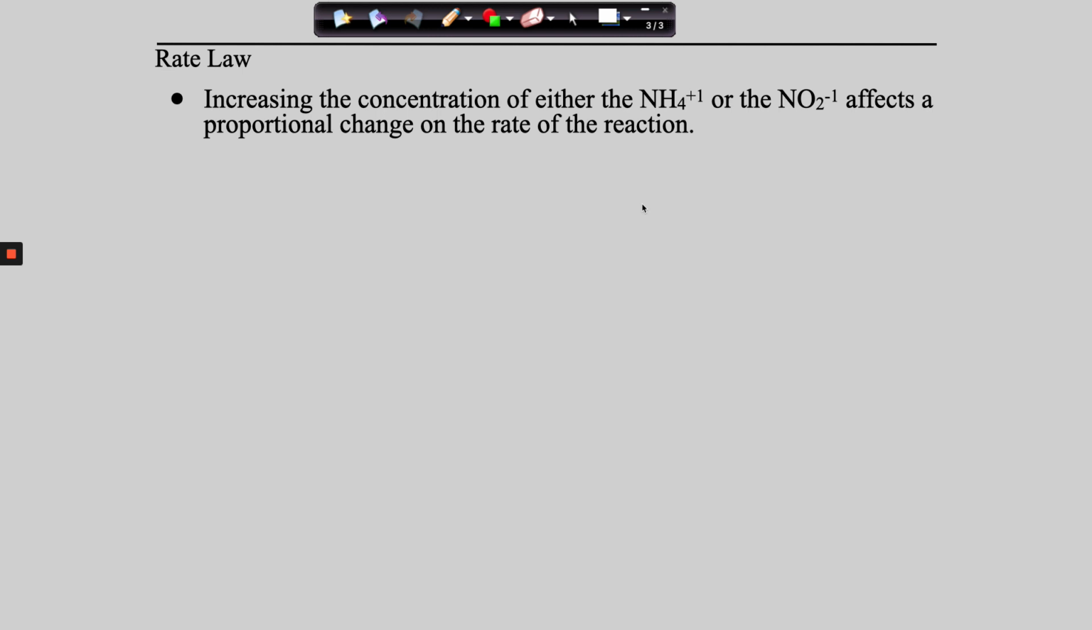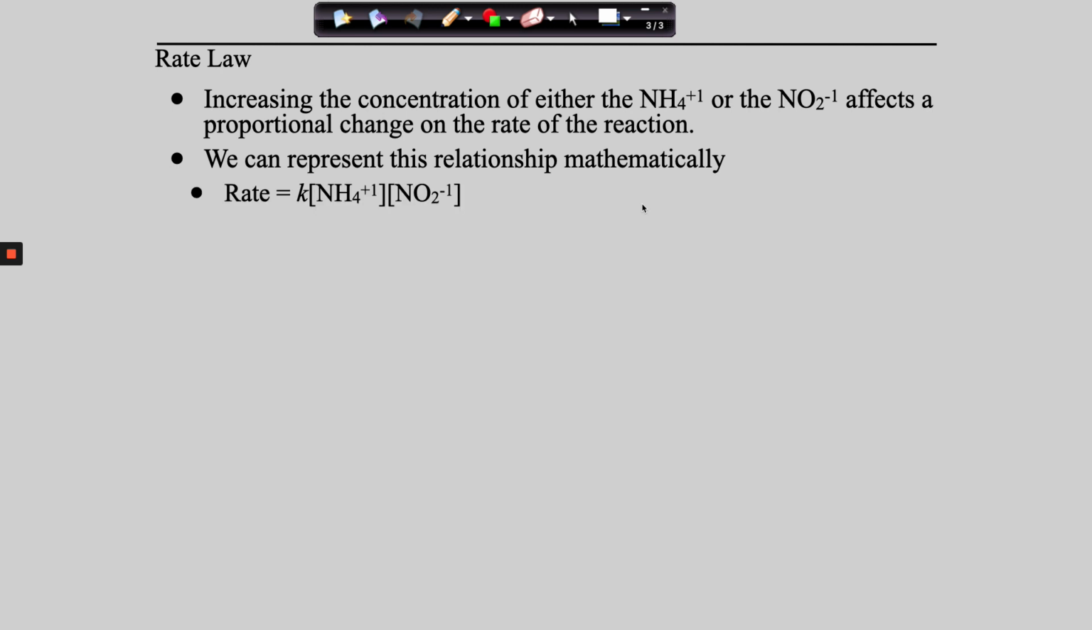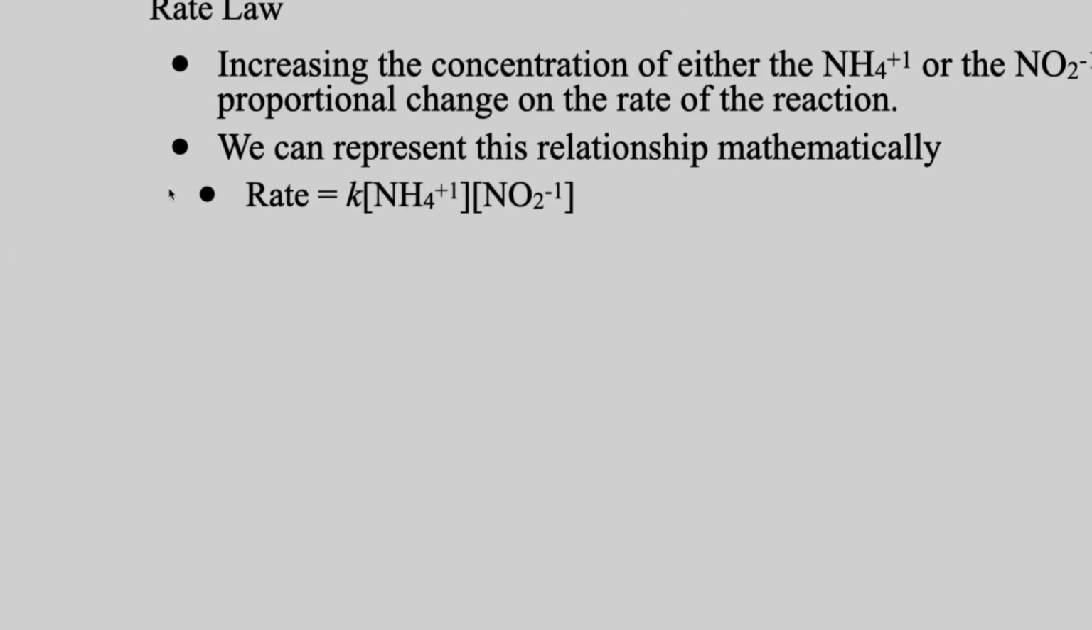That was our duh. Double this, double the rate, double this, double the rate. It's proportional. Guys, we can represent this mathematically. This is what is called a rate law. Write it down. Guys, this is the rate law for this process. Rate is equal to,